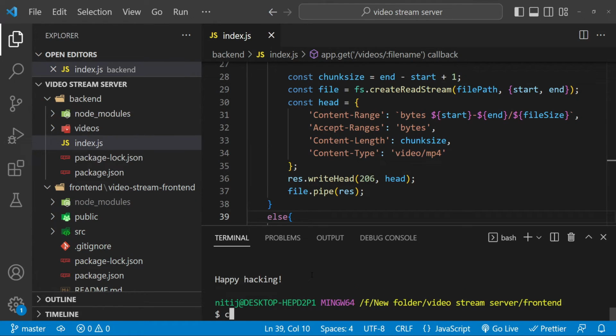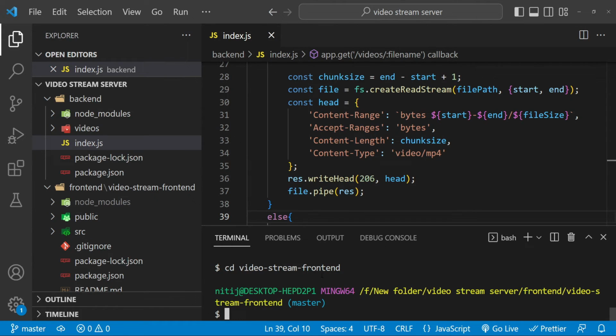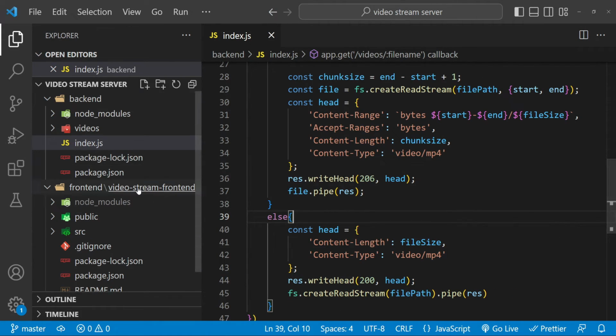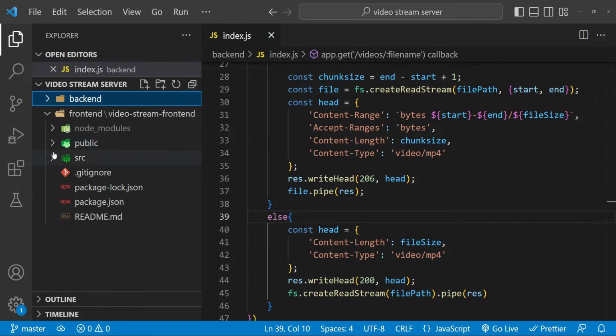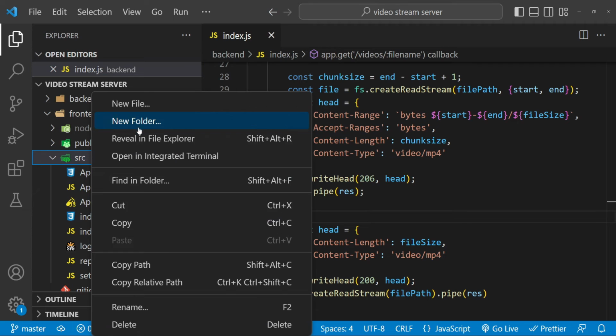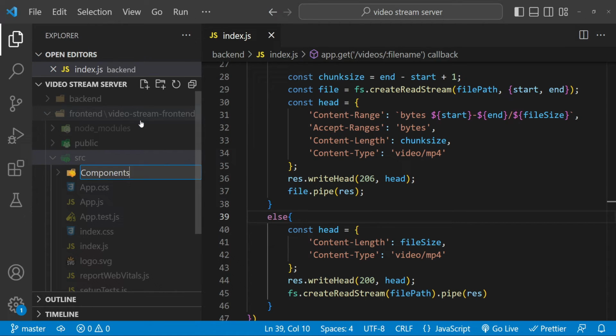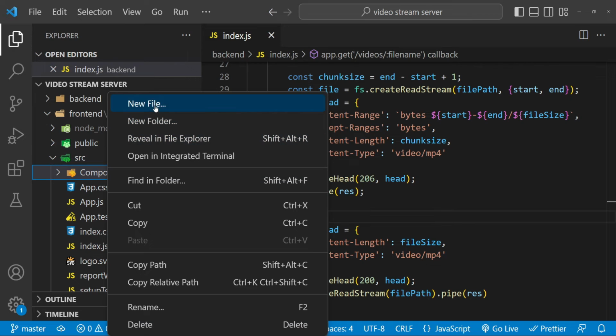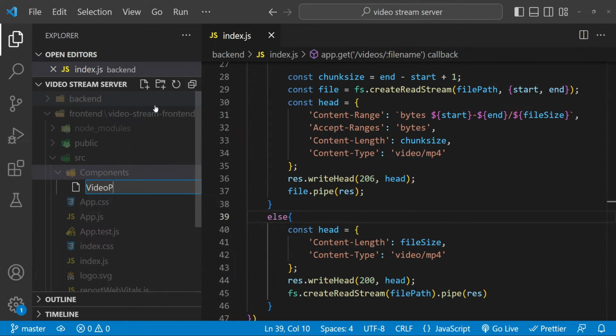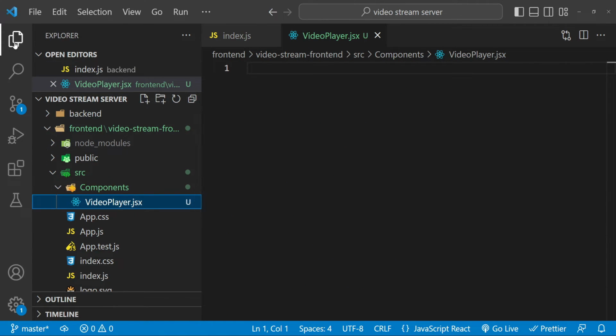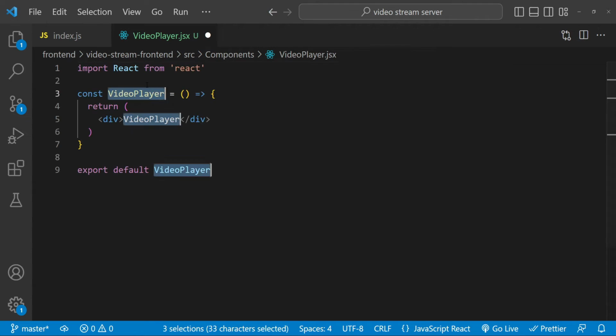Alright, so our React application has been created. Let's do a cd video stream front end. Now we don't need this terminal for now. In this React application, the first thing that we will do is create a new folder, and we are going to name it components. Inside this components, let's create a new file with the name of video player.jsx. Now inside this video player.jsx, I am going to use RAFCE shortcut to get some boilerplate functional component, and